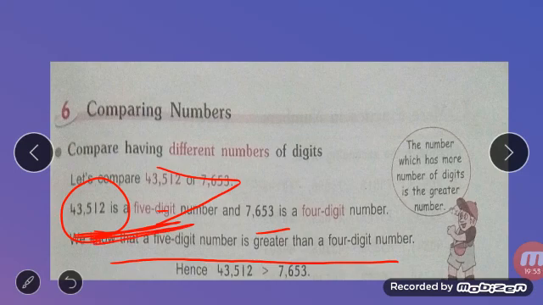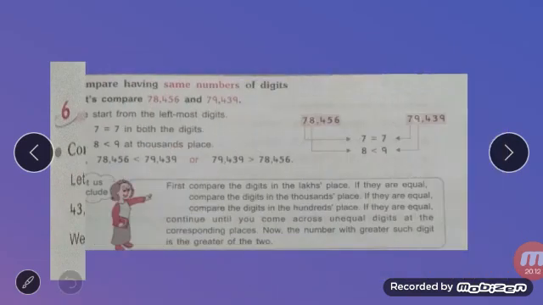Isn't it? You all have studied, know this. So this is greater. The crocodile has opened the mouth towards the greatest number. Understood? Why greatest? Because it has more digits and the other has fewer digits, so it is easy to compare in this question. Okay, now what is next to that?